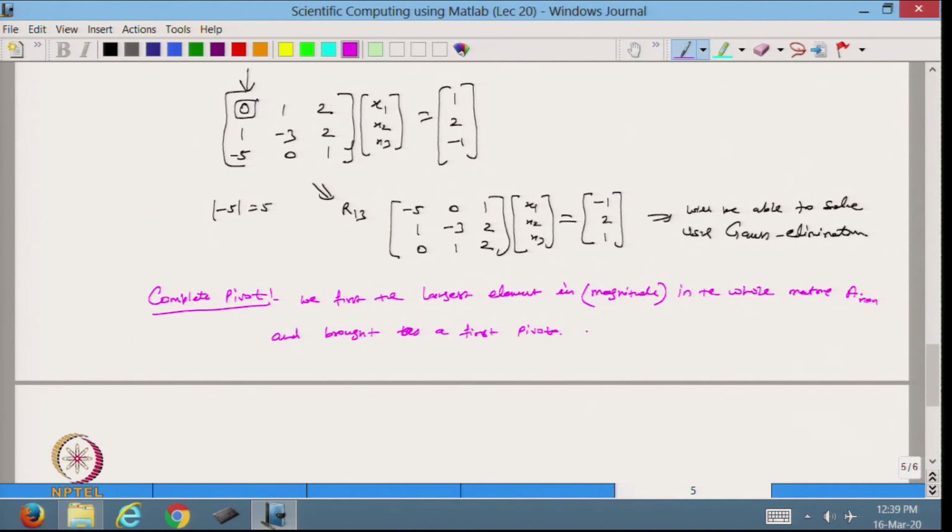So, in this case what is happening? First pivot by interchanging rows and columns also. In this case the variables may be shifting. So, that is called the complete pivoting. The problem with that is, we can interchange the rows, so row is okay, but when we interchange the columns, then the position of the variables will change. Then it makes life much more complicated. So, we generally do not go for complete pivoting, we always go for the partial pivoting.